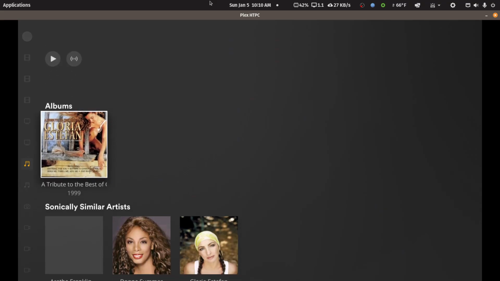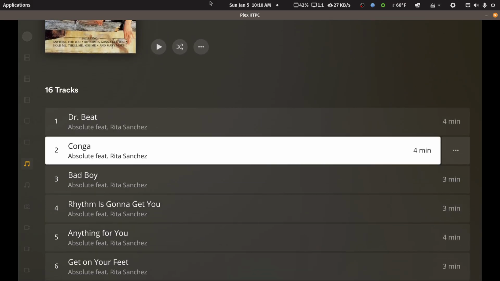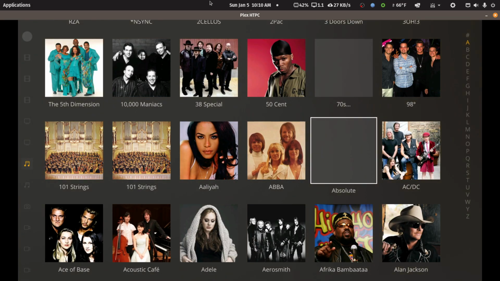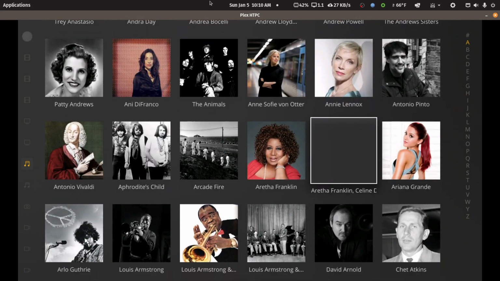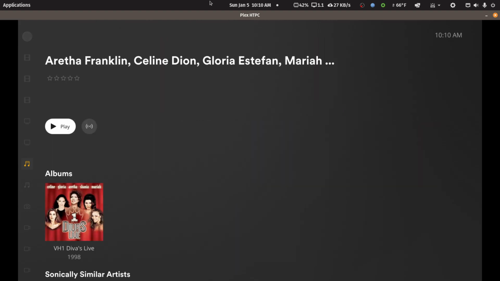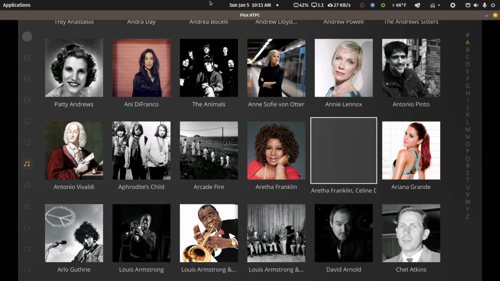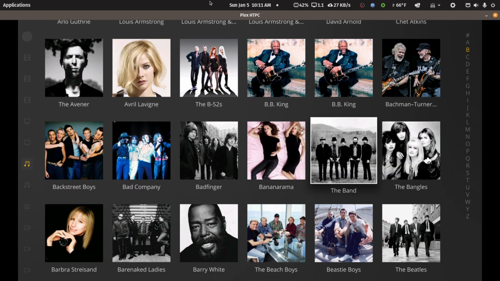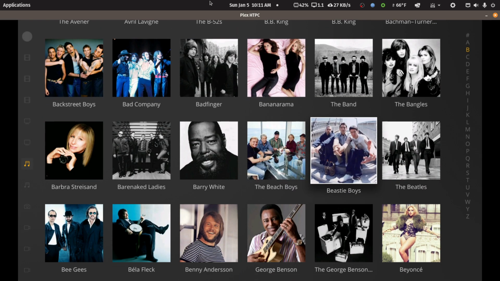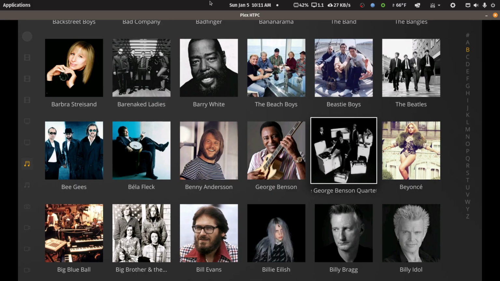For some reason, this tribute album isn't matching with Gloria Estefan. It's got a weird artist called Absolute. So I have a little work to do myself. This is a various artist one that should be adjusted. I'll have to adjust the metadata for that. We're looking at what the work I need to do